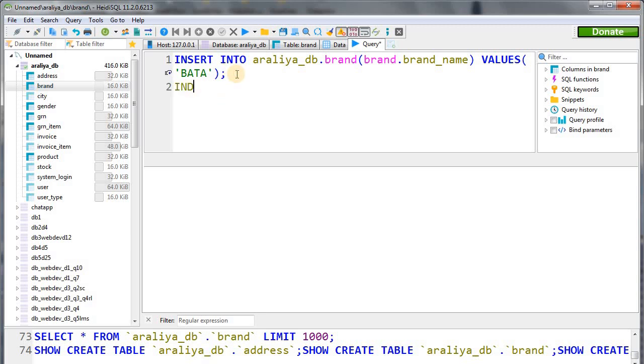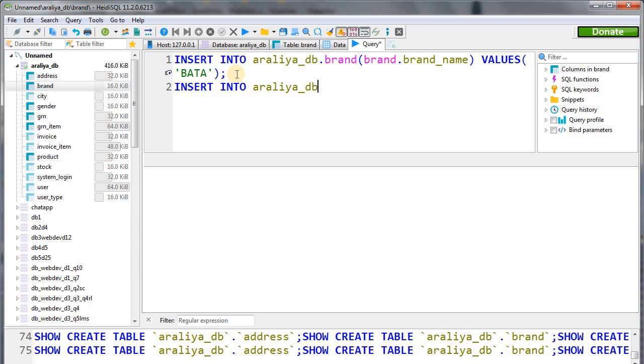Insert into RLEDB dot brand table, Nike, and here's the last one.